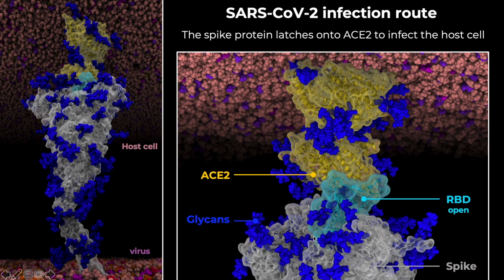cause infection. One thing I want to bring your attention to again is that light blue bit in the middle, the so-called receptor binding domain. This handshake with the host cell can only occur when that blue bit is in the open or attack conformation. The process of receptor binding domain opening is critical to the infection process and something we will keep coming back